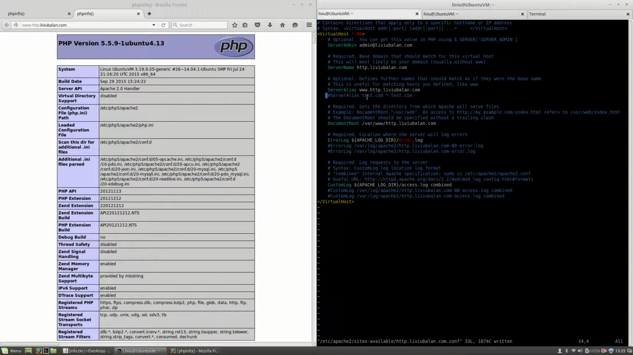This is because www.livyubalan.com is an alias for livyubalan.com. Remember that on the ServerAlias you can also use regular expressions, like here. So here, test.com will represent an alias for livyubalan.com, and also all the subdomains for test.com will represent an alias for livyubalan.com. If I save this file and open another tab,